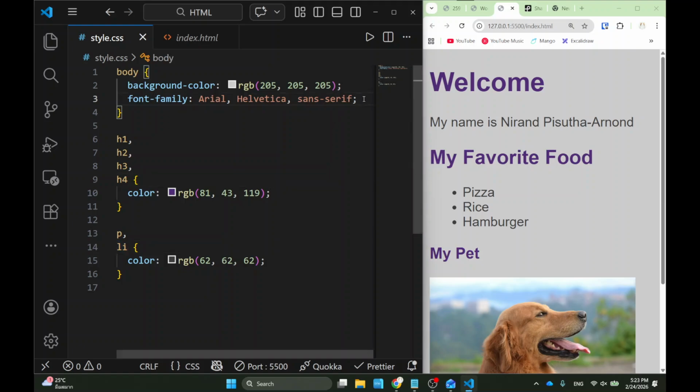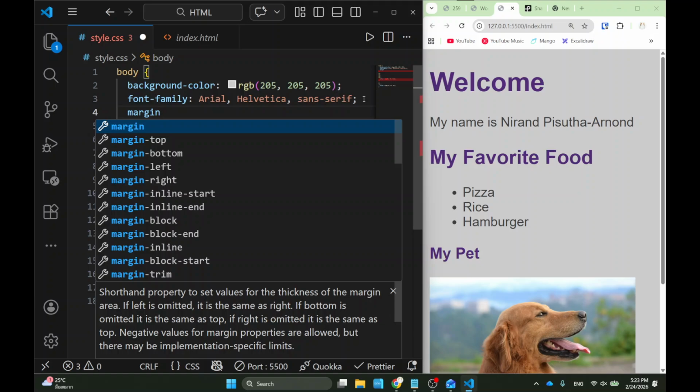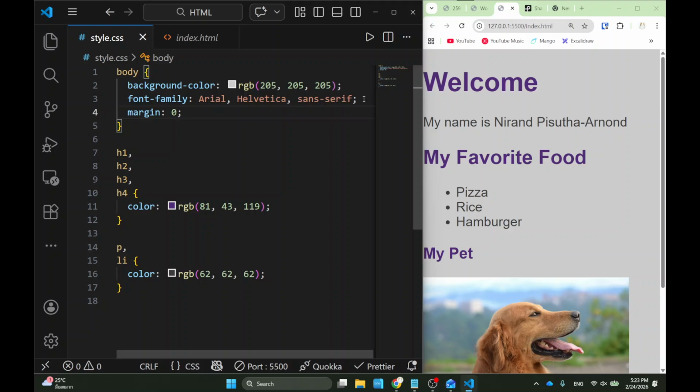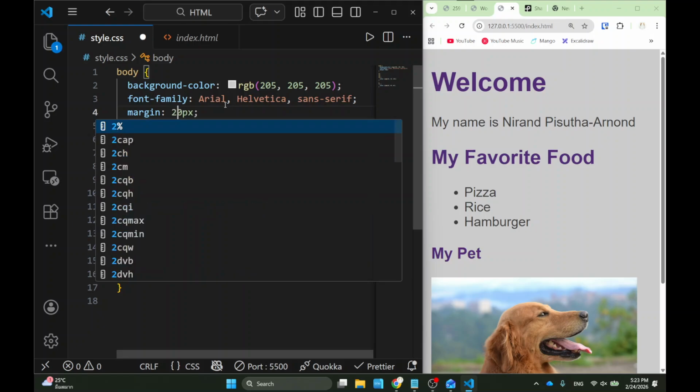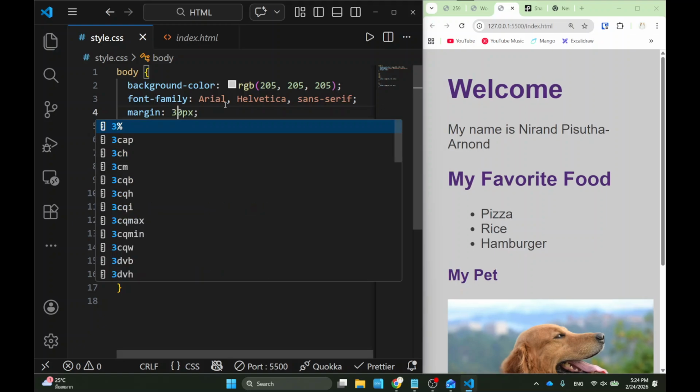Okay, another thing you can do is layout. People usually work with layout with this, okay? So let me show you this, margin. If I say margin of 0, then you can see that it's all flush against the left side, right? But what happens if I do margin of 10 pixels? You can see that it gets pushed to the right. If I keep increasing the margin, I can give my web some more breathing room,